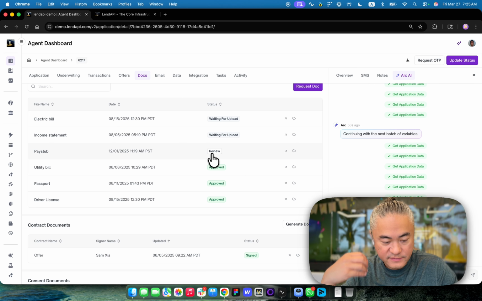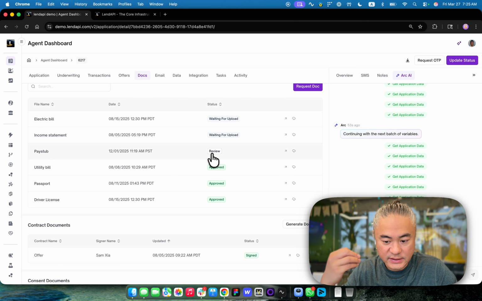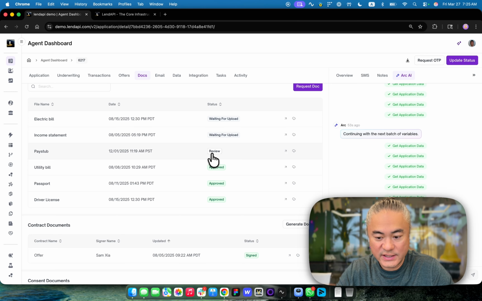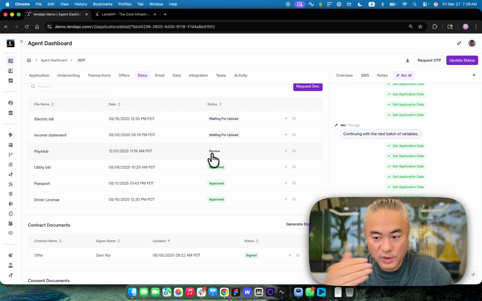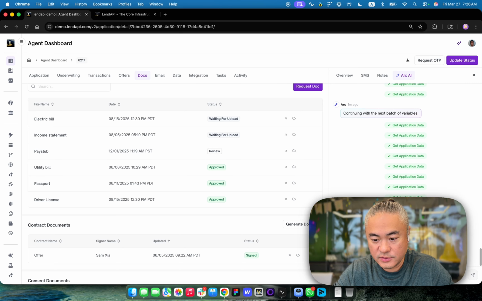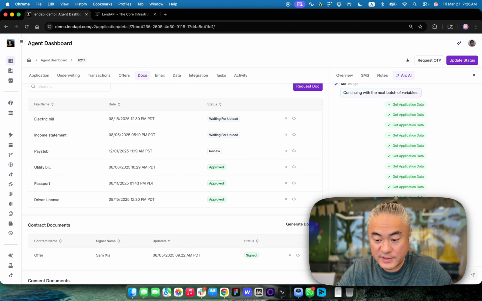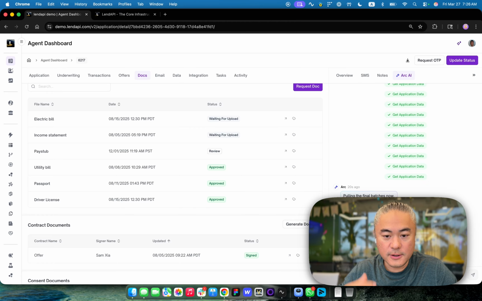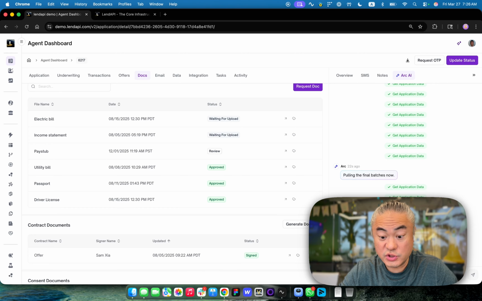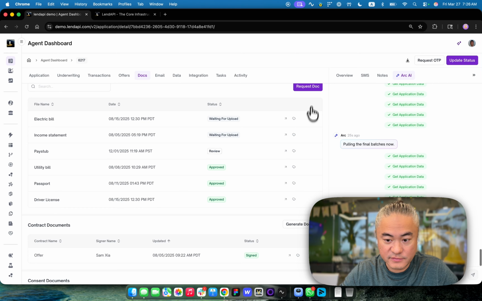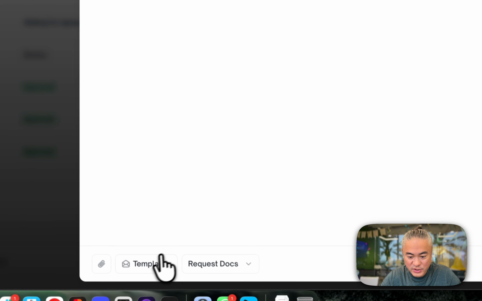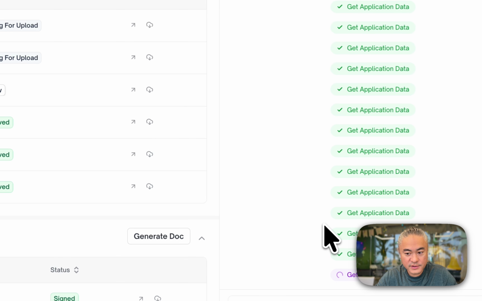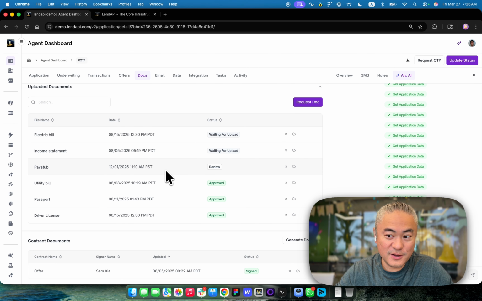So we will add those functionalities to ARC, give this agent, not sure if it's him or her, some agentic ability to do work, but you can imagine that's easily doable here. In addition to those recommendations and thought process, we will give it the ability to do certain things. And of course, you can manually send out reminder documents and things like that, but the agent will be able to take over and do this. So for now, this is the latest